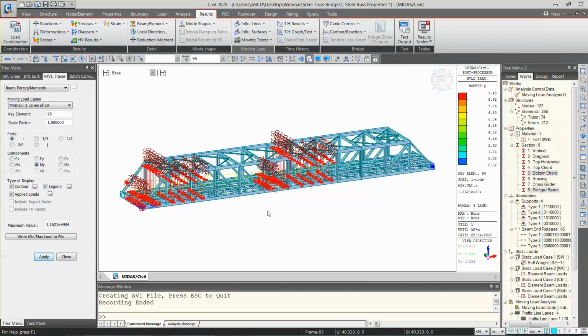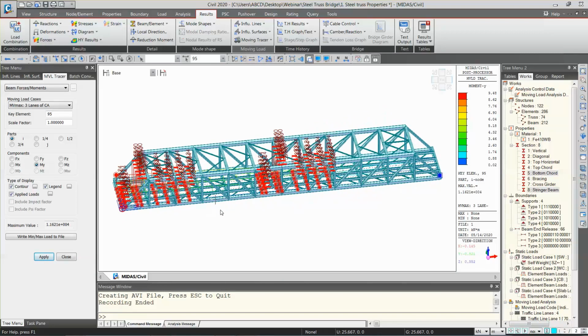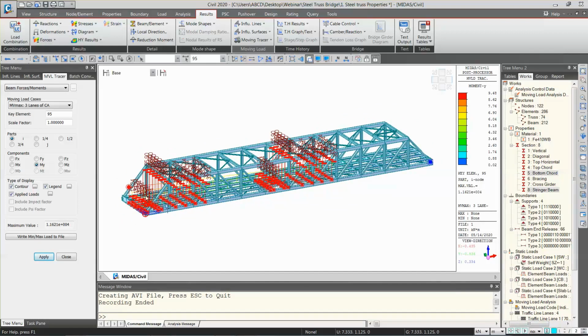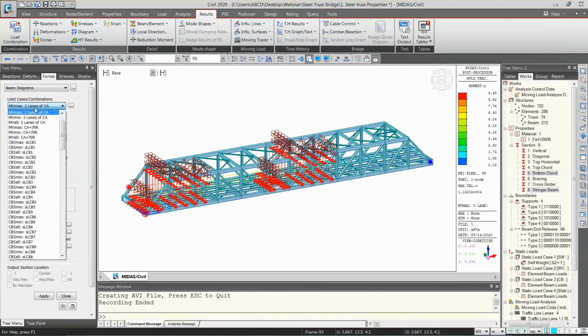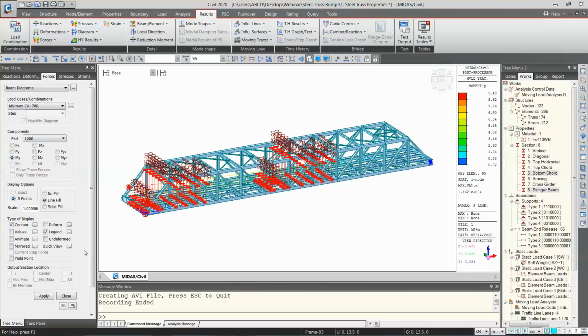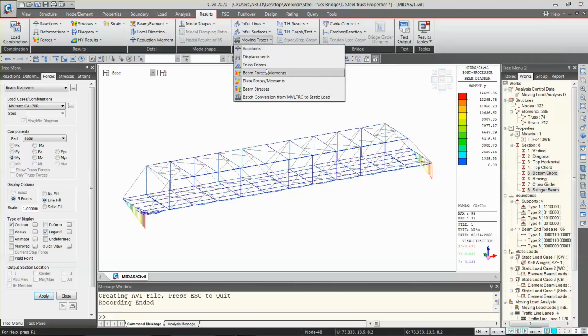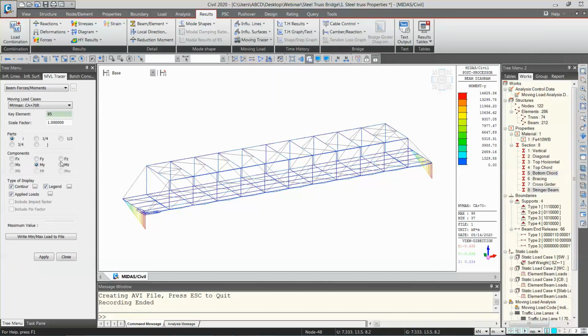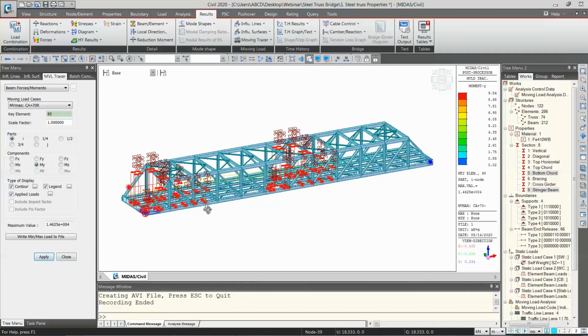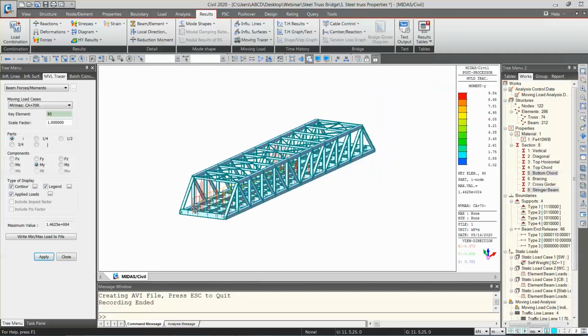So this is the vehicle position for that critical bending moment. You can check the same with the 70R combination. If you go to class A plus 70R and apply it, it is the same element 95 only. So I'll go to moving load tracer, beam forces, 95 and click on apply. So this is the class A plus 70R combination.